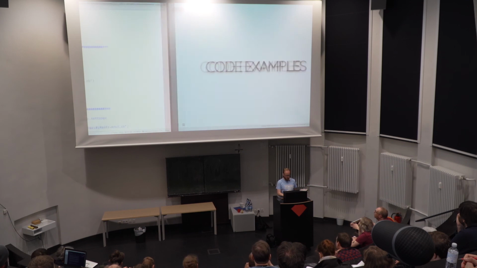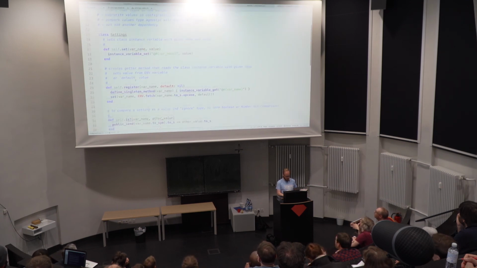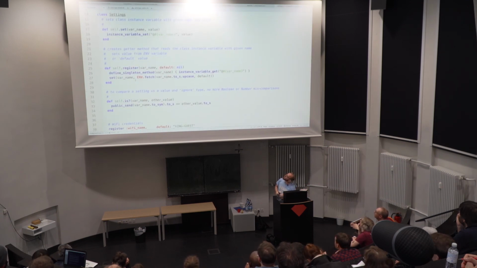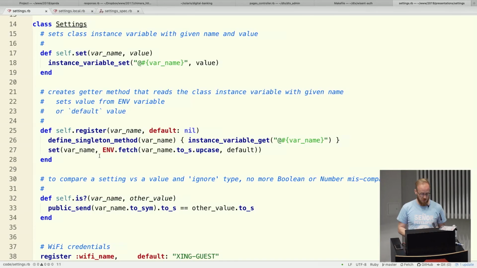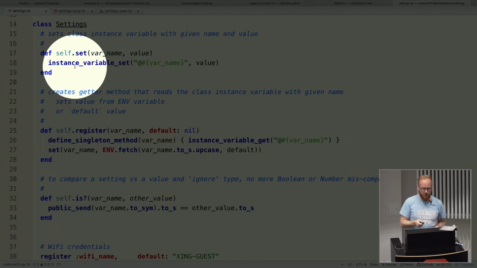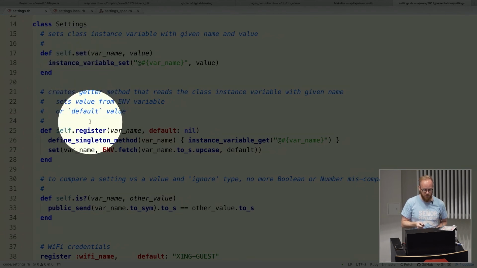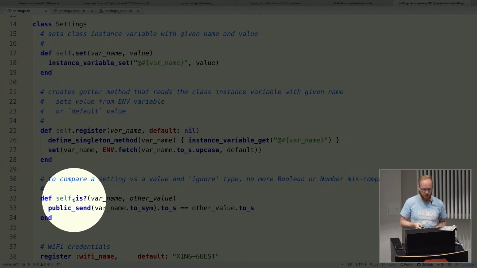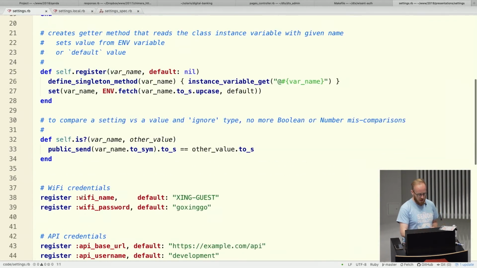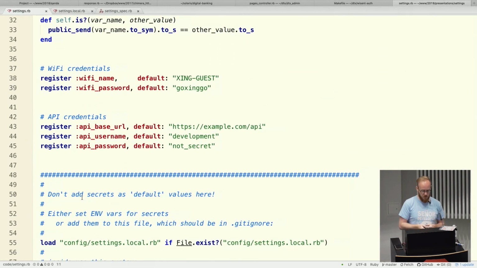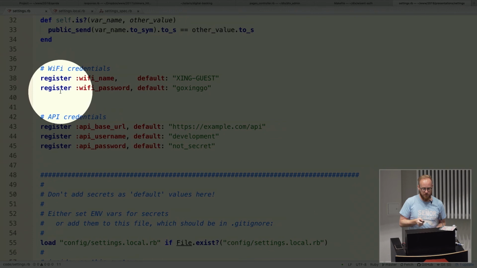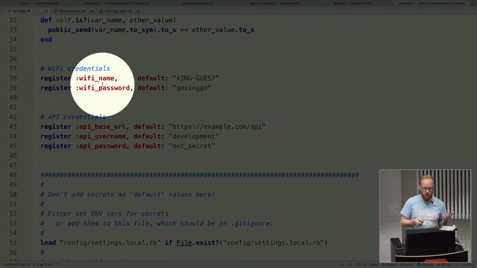So just to prove that it's so small, is that readable from there? Yeah? Nice. So that's the method I already mentioned before. We have the set method, the register method, and the comparison method. And just below, I'm registering, for simplicity reasons, my